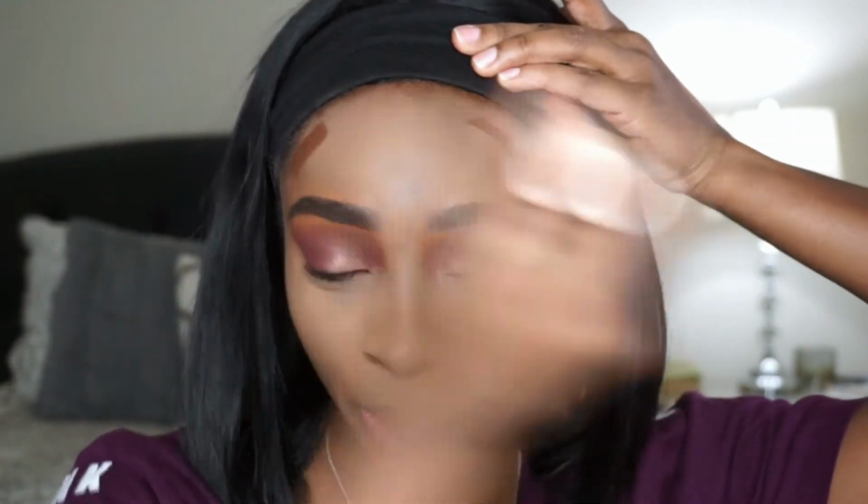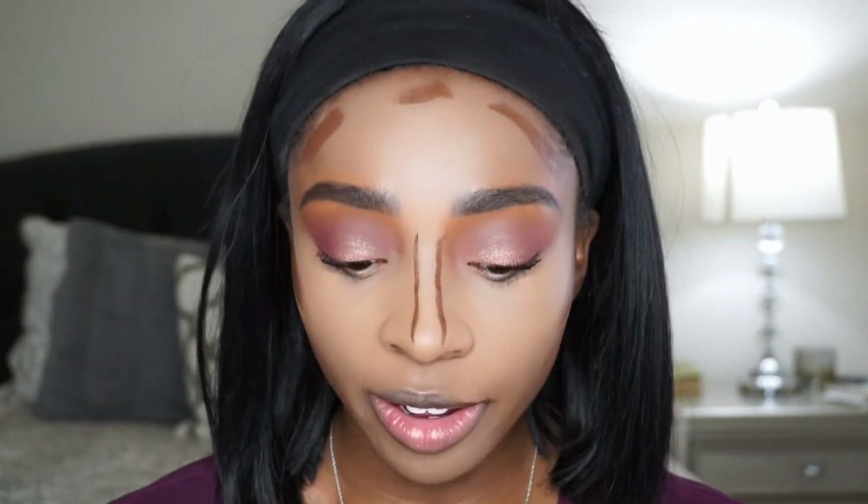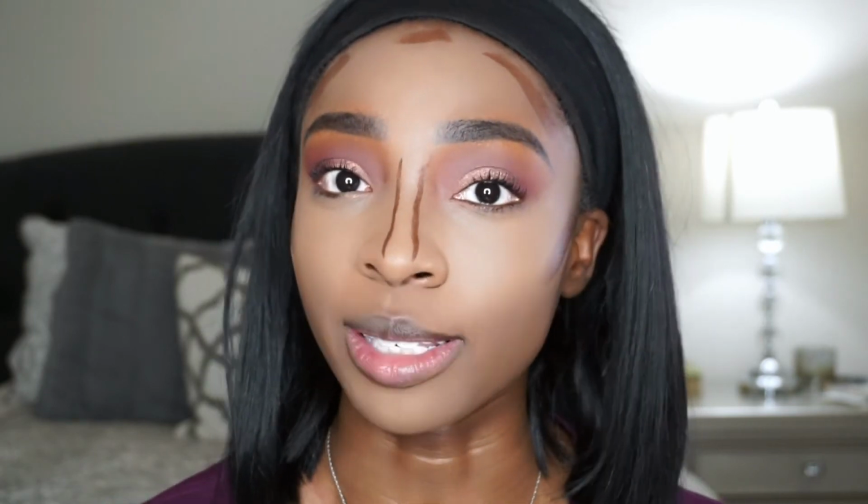Now I'm going to go ahead and contour with my Makeup Revolution F18. I've been using this in a lot of videos so far, and I'm kind of addicted to it. I did go ahead and order another one to match my skin tone too, because this one's too dark, and the other one I got was too light. So I'm going to blend this out and finish up the rest of my face, and I will be right back. So you guys, I finished up the rest of my face,